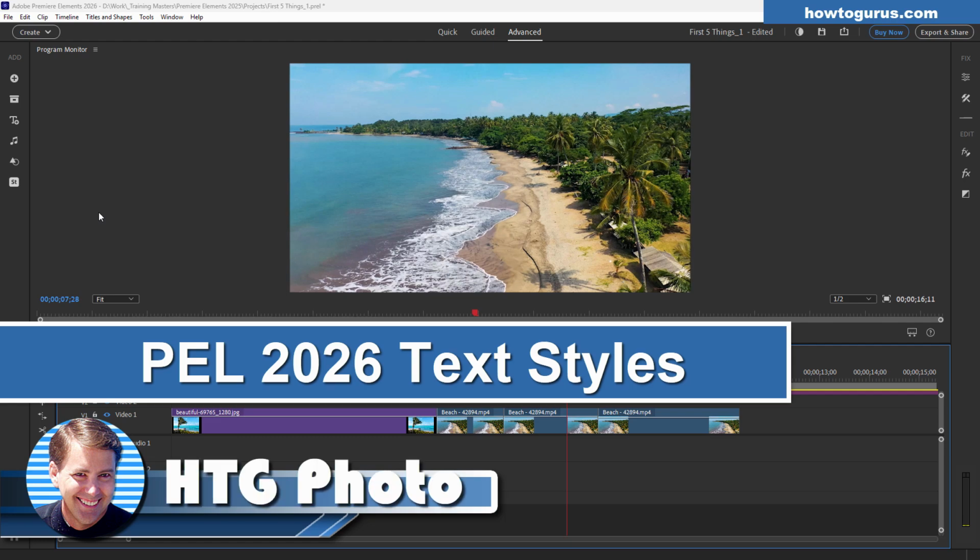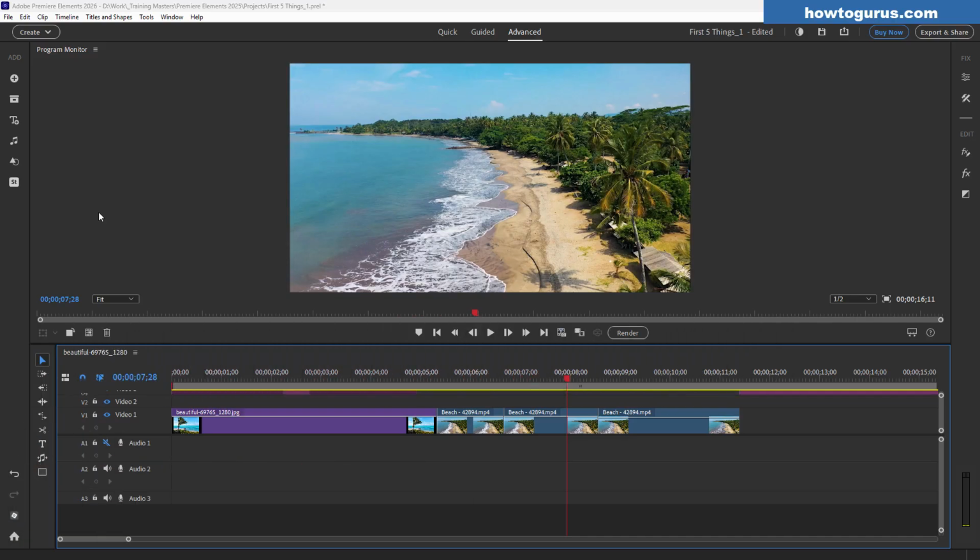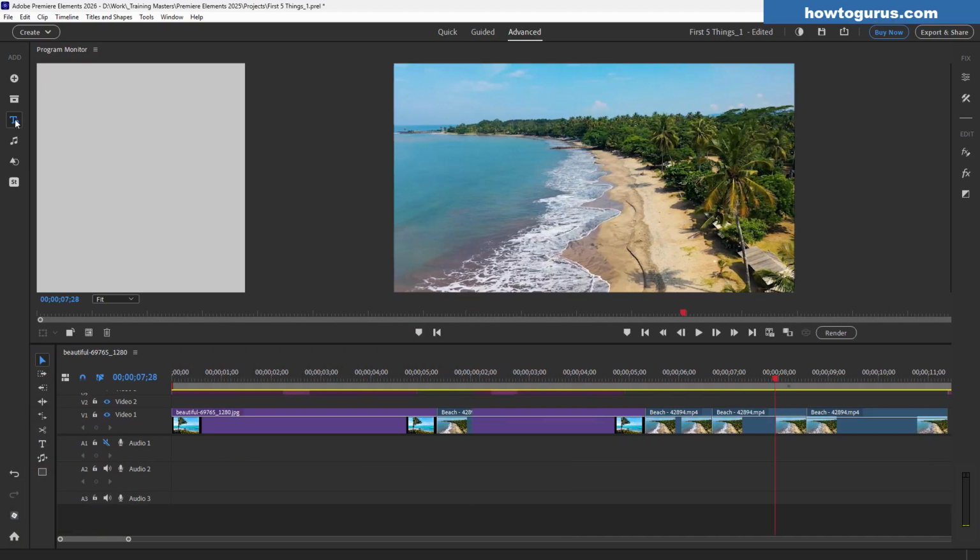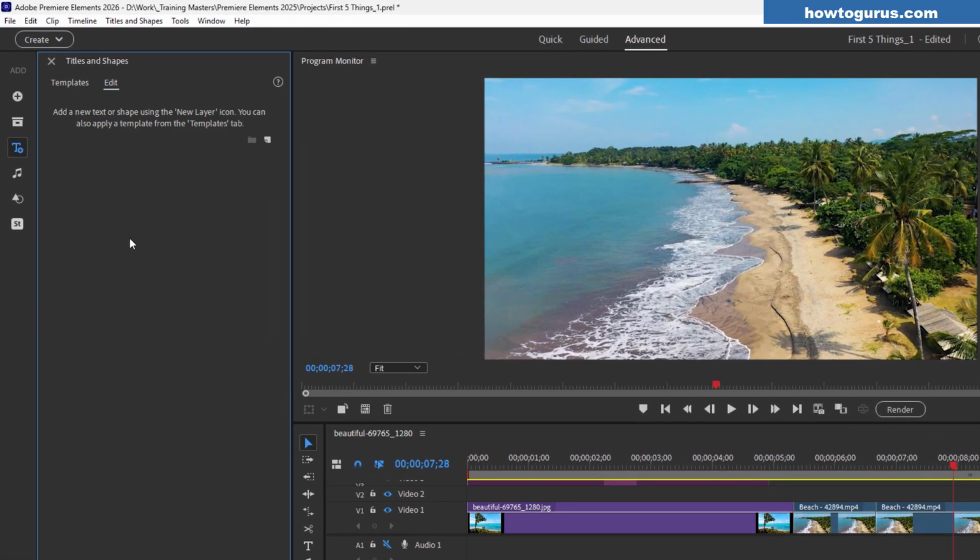Hi, George here. Premiere Elements has a new way of working with text, and that's the ability to use and customize text styles. If you go back up here to the Text and Templates panel, go back into Edit and